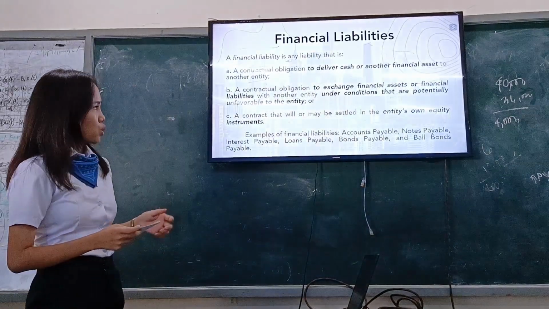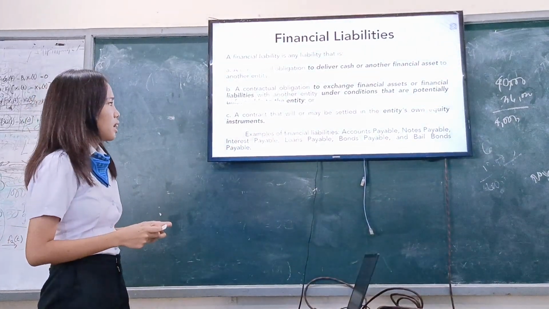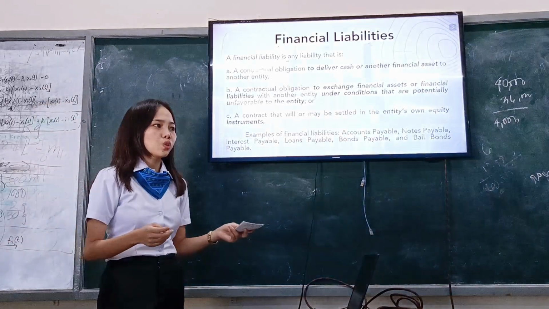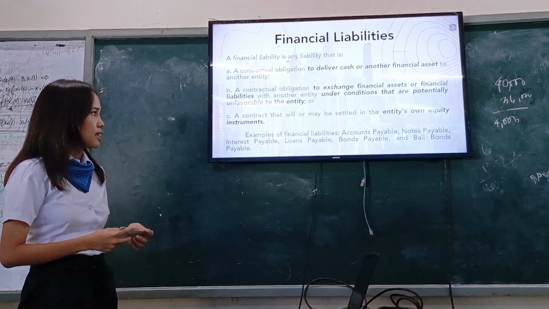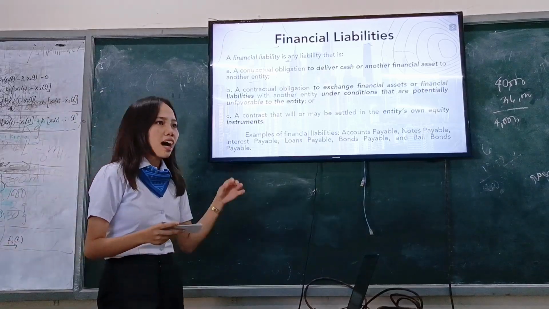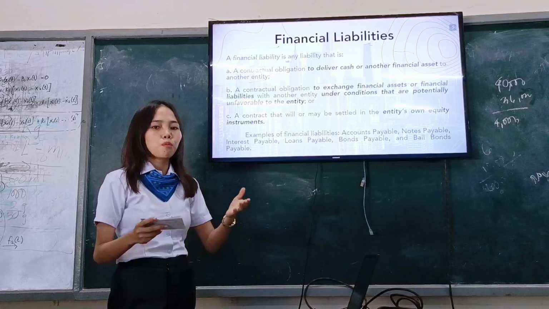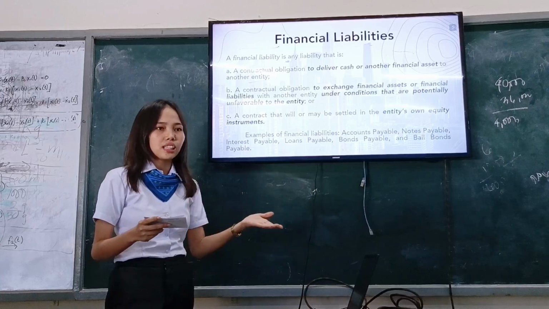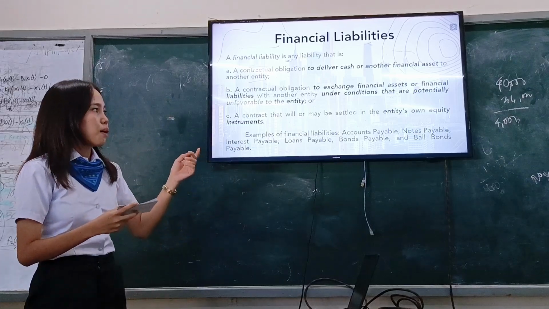Next is a contractual obligation to exchange financial assets or financial liabilities with another entity under conditions that are potentially unfavorable to the entity. So, nani siya situations where ang entity is pwede sila ma-exchange of financial assets or financial liabilities with another entity nga unfavorable siya sa parts entity. Example ani is example ako ang entity tapos kuha may contract nga mobile ko og akong financial assets bayluan og financial liabilities sa other entity, and that exchange will affect the entity